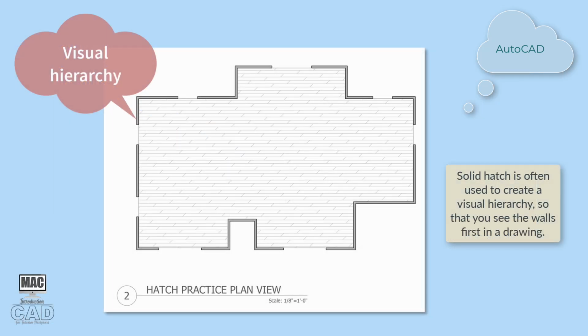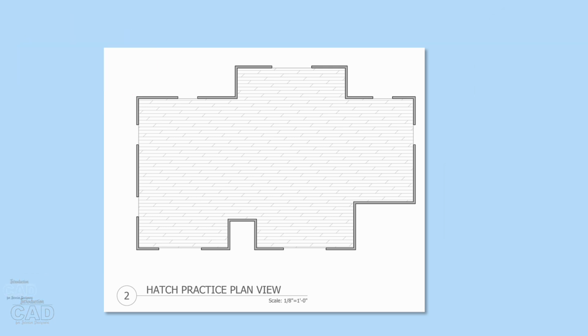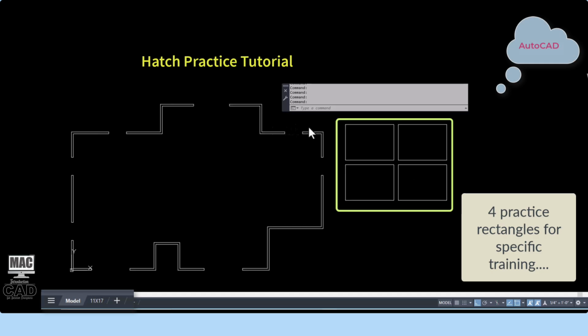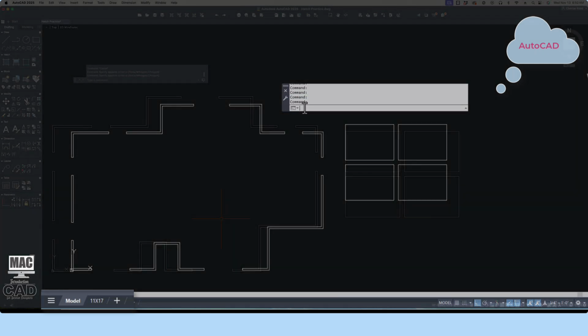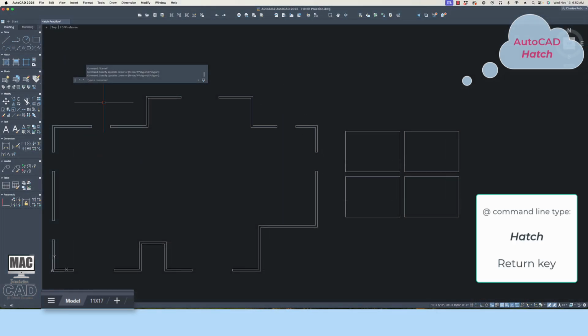Finally, solid hatching is often used to fill in the exterior wall lines on floor plans to add visual hierarchy and clarity. In the example shown, there are 4 rectangles set up to demonstrate different aspects of the hatch command. Adjacent to the rectangles is a plan view layout for practice shading walls and floor areas. Let's get started with an introduction of the hatch command and the specialty dialog boxes that help define hatch patterns